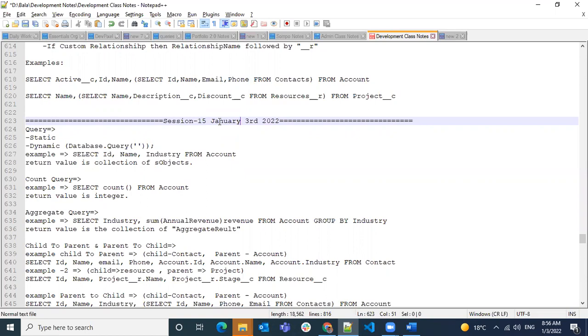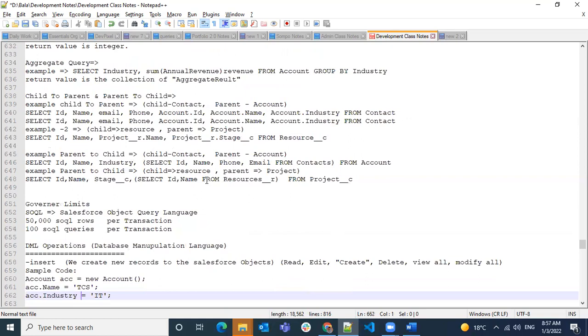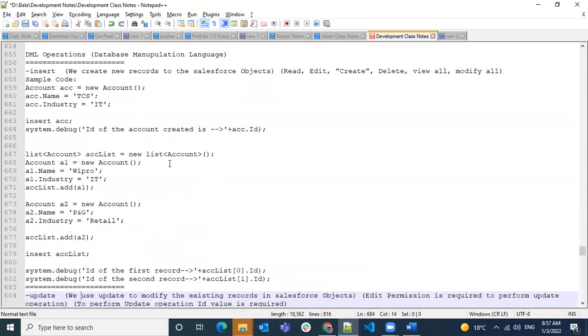Data loader is separate. Here we are talking about the code, not the data loader, import wizard, workbench, or whatever tools we use to do bulk loads. Those are different. We don't have control over there. Here we are talking about the insert, update, upsert, delete operations.